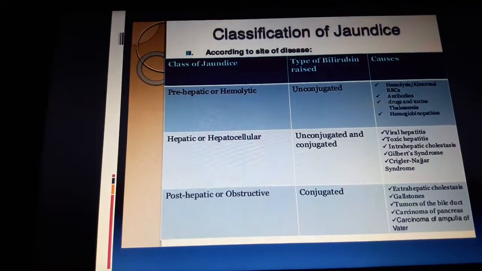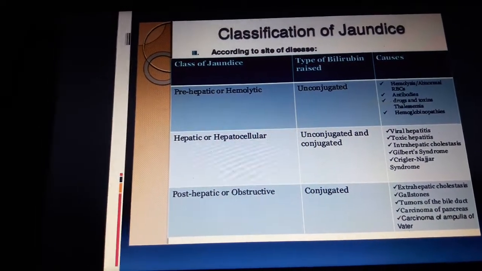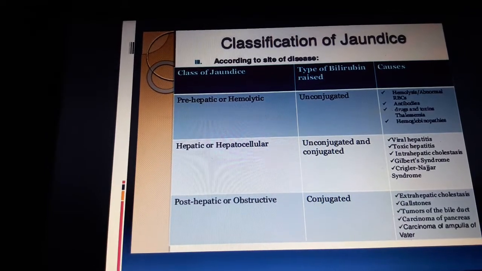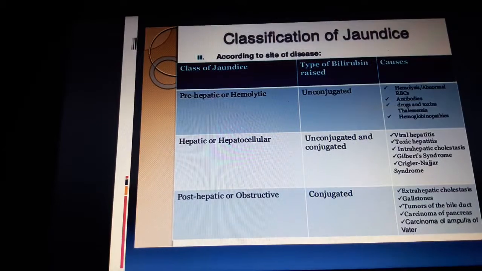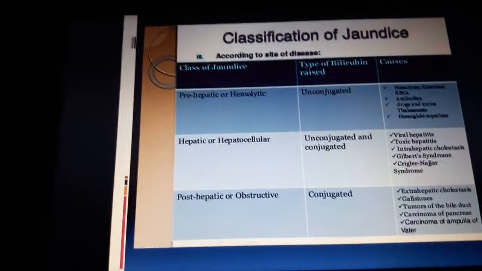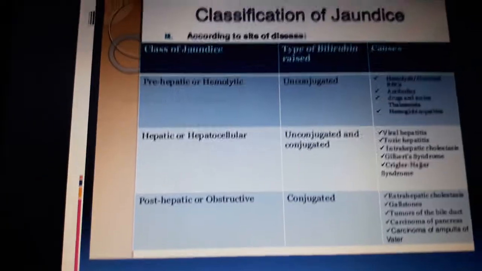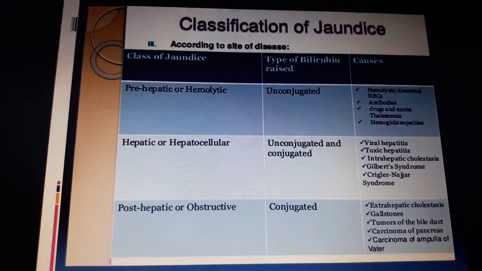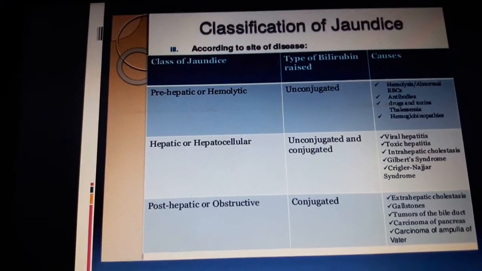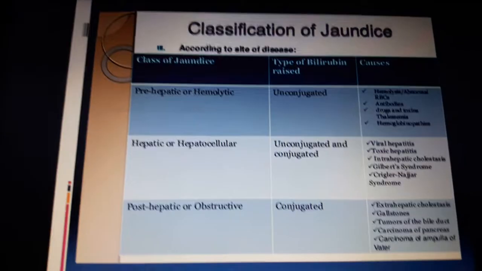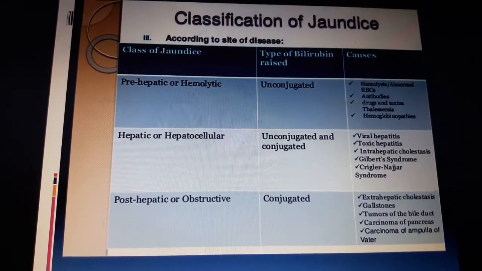This is the classification of jaundice and their causes. Pre-hepatic or hemolytic jaundice. Here unconjugated bilirubin level is excess. It is caused by hemolysis, abnormal RBCs, antibodies, drugs and toxins, thalassemia, hemoglobinopathies. Then hepatic or hepatocellular jaundice, increased level of bilirubin produced by increased